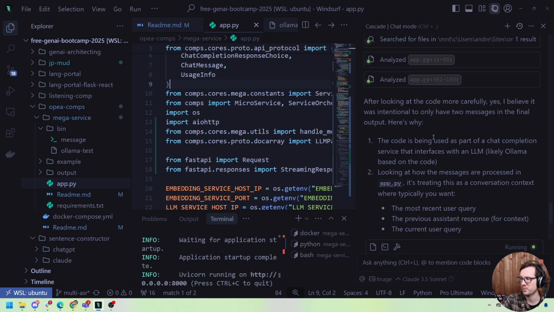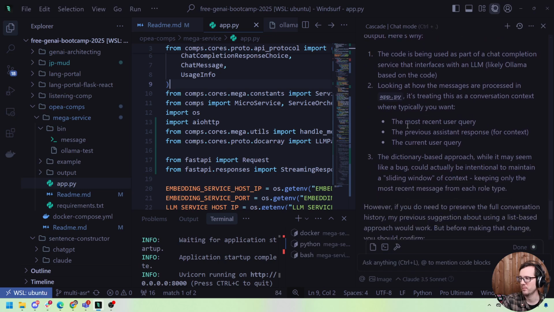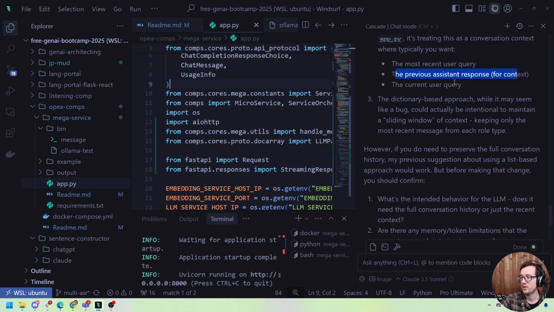The code is being used as part of a chat completion. Looking at how messages are processed in the app.py, it's treating this as conversation context where you typically want the most recent user query, the previous assistant response, the query response. The dictionary-based approach, while it may seem like a bug, could actually be intentional to maintain a sliding window of context, keeping only the most recent message from each role type. However, if you do need to preserve the full conversation, my previous suggestion about using a list-based approach would be